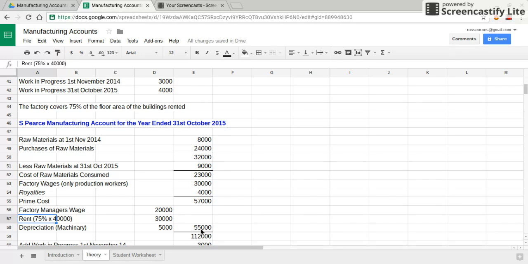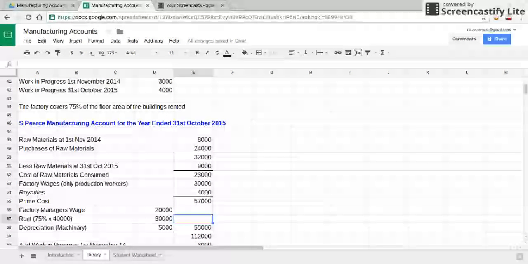And now we've got something that quite often students make mistakes on because they've come from the income statement. Okay, but the prime cost is a cost, and we add on those additional expenses. We don't take them off like we do in the income statement, because with the income statement, we have a profit figure, a gross profit figure, and we subtract expenses. Here, we're building up cost. Okay, so the total cost for 112,000, and then what we need to do to come up with a final